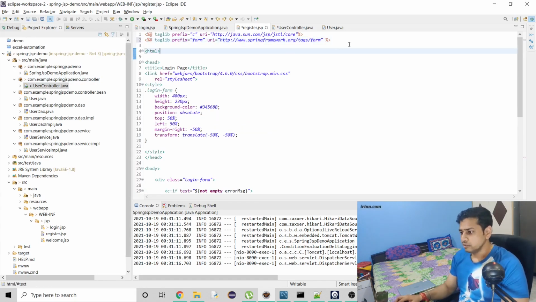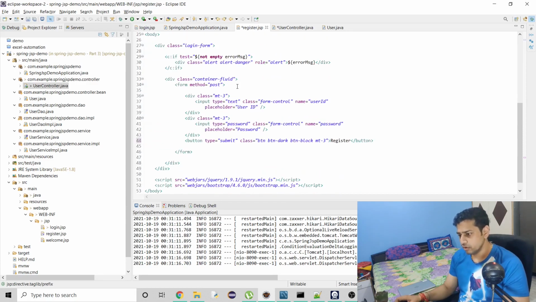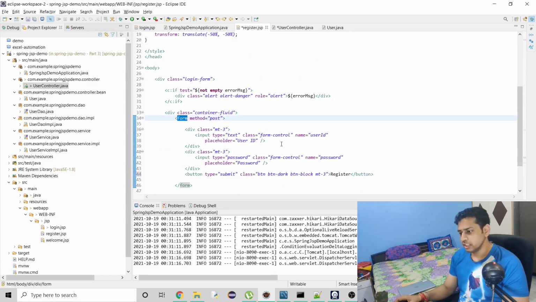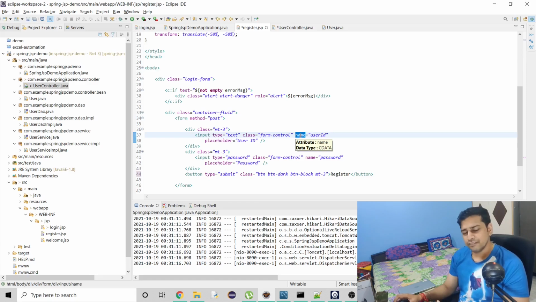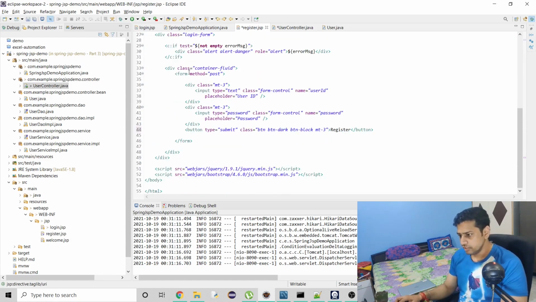Okay, so this is what we need. So now why did we need this? There is this specific reason: when we are using a form, we have this name, and this can be mapped to your request mapping attributes. But when you have to map it to our model, then Spring framework provides us some tags through which Spring recognizes that this is going to be mapped to some model attribute. So when we do form: